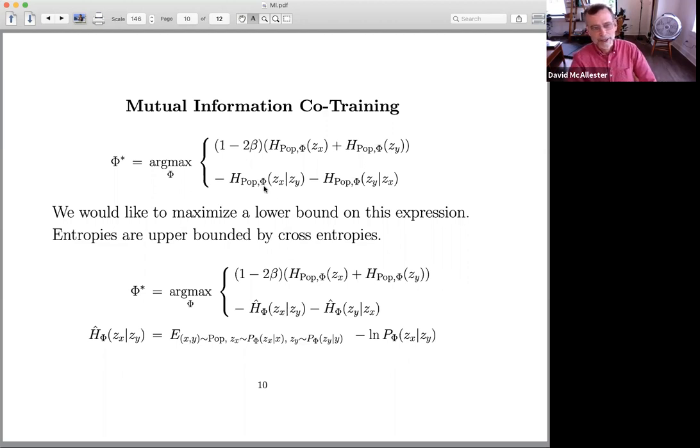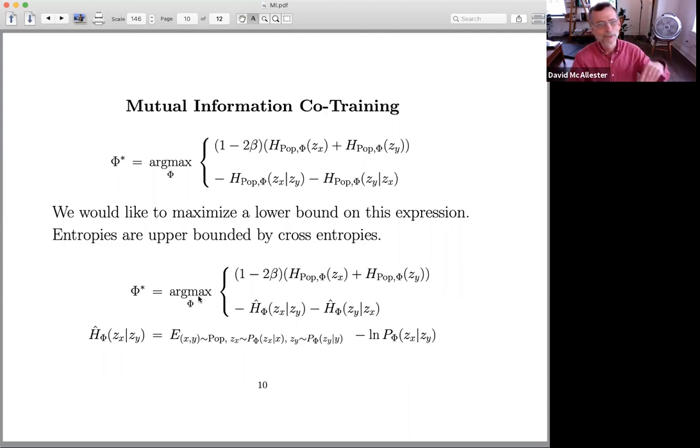So I've replaced this entropy with this cross entropy that involves a new model. So one of these cross entropies is sampling from the population, but the quantity it's computing is completely defined by the model. So these are upper bounds on these original entropies, and that makes this a lower bound on the